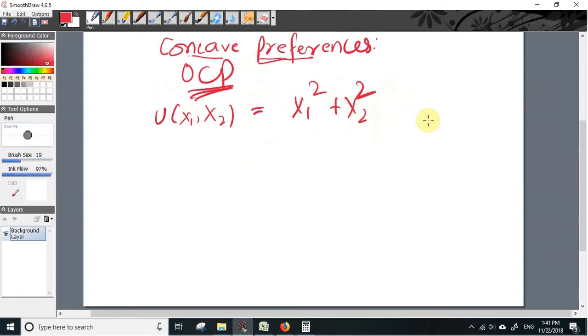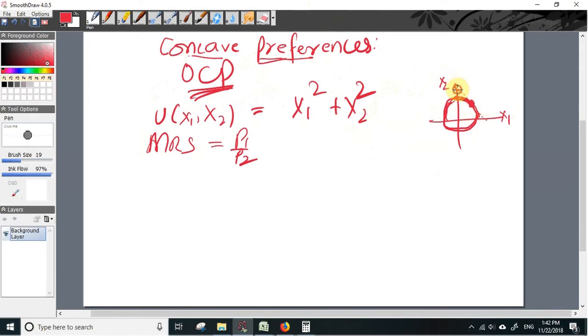So we know that the level sets of this function will be circles. So for positive x1 and x2, the level set of the function will be concave. Thus we cannot find the marginal rate of substitution in this case and equate it to the price ratio, because if we do so, we will find a point here, the tangency point, which will give a lower utility,